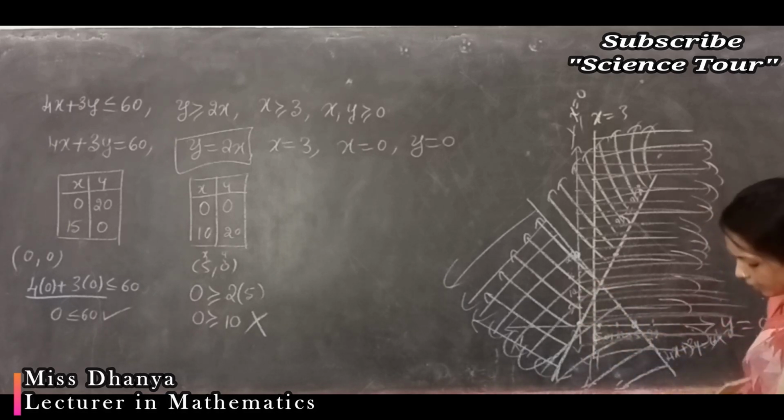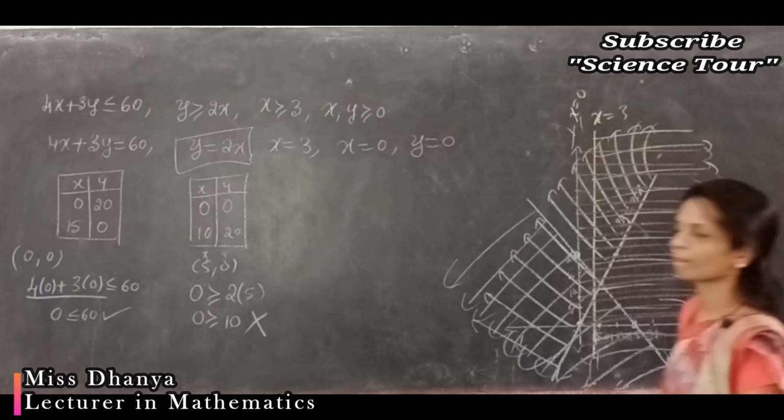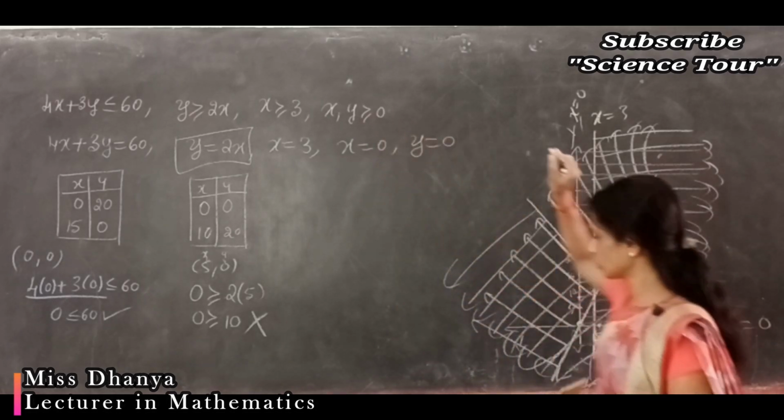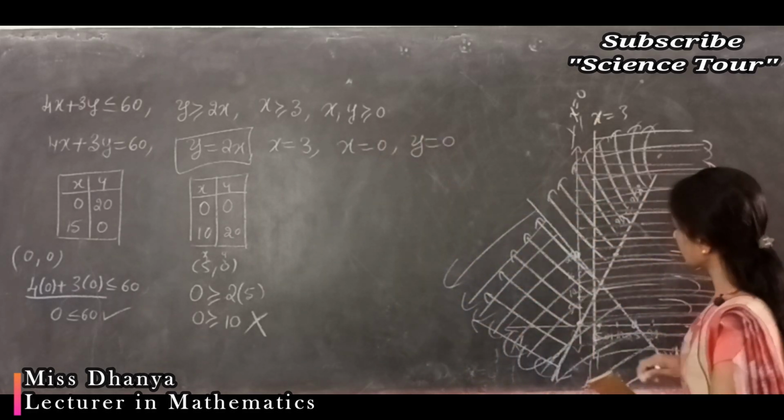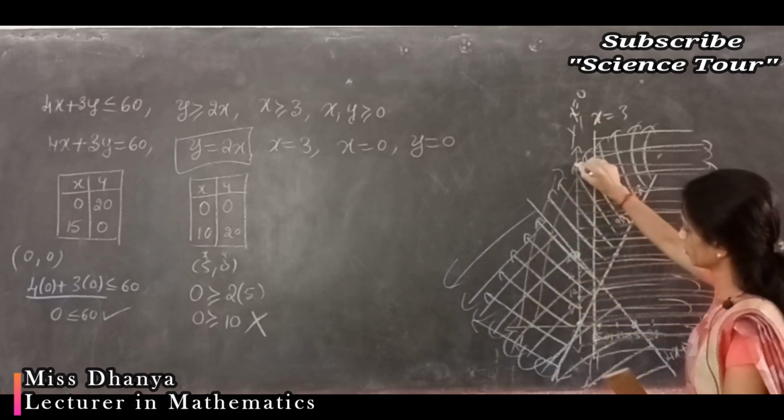Okay, and above the x axis, which color is left? Y greater than or equal to 0 means above the x axis. Above the x axis you have to give shading. Okay,